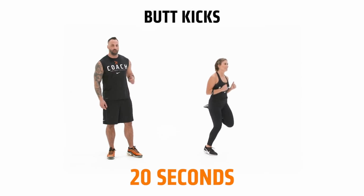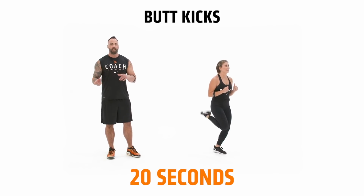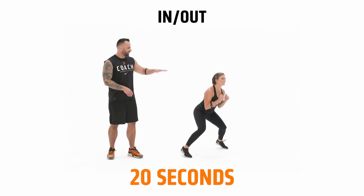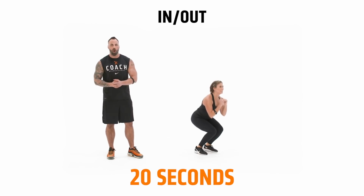Like jogging in place, but we're gonna bring those heels up behind the body, trying to give that booty a nice, quick kick. That's gonna bring us right into our push for our in and out. Getting into a lowered squat, feet in and out, imagining a square on the ground, inside it out. To get a little more aggressive, drop into a further squat,